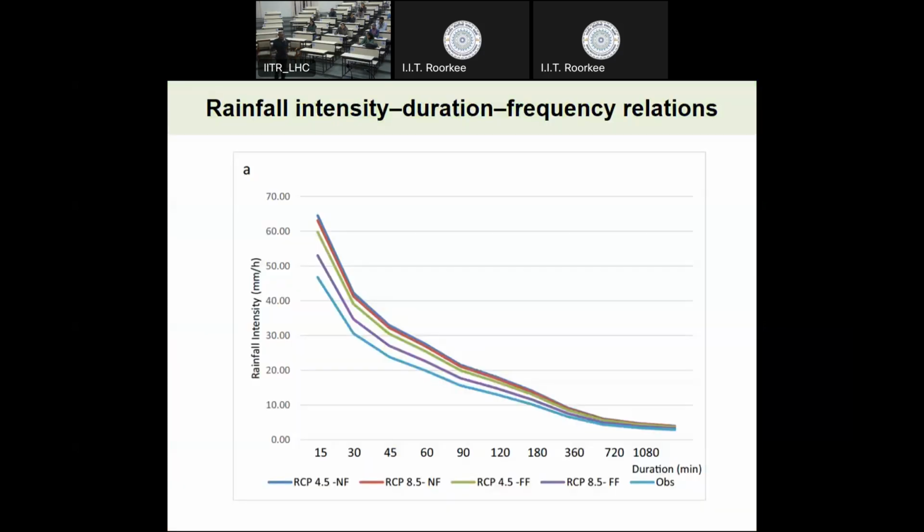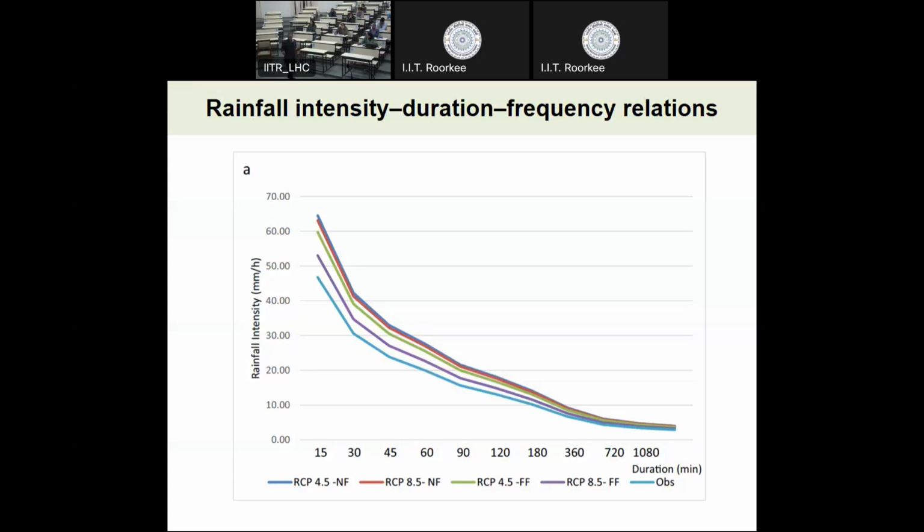Then some people try to predict what could be there in store in future. So same rainfall duration, intensity relations or graphs were prepared. This bottommost curve is for observed data, for the data which has been observed. 4 other curves are predictions. What could happen in future? और जो लोग climate change से थोड़ा परिचित हैं, this is some indicator of what kind of scenario would be present in future in terms of greenhouse gas emissions.